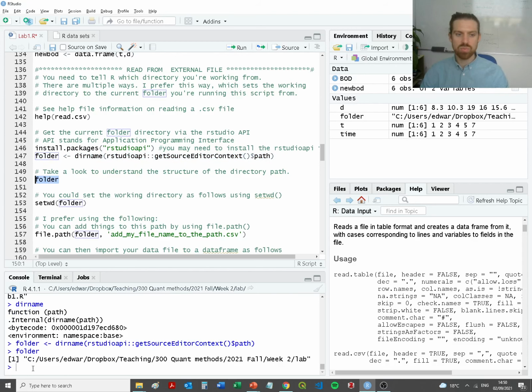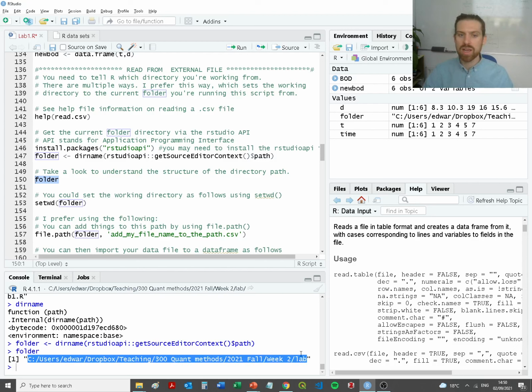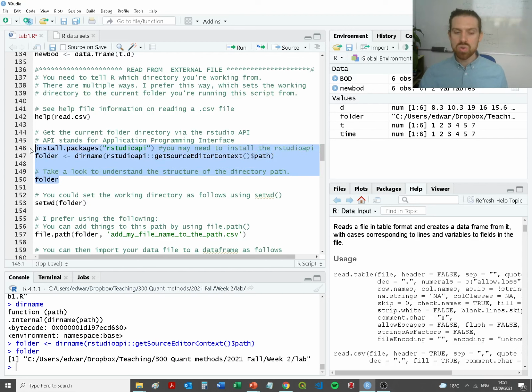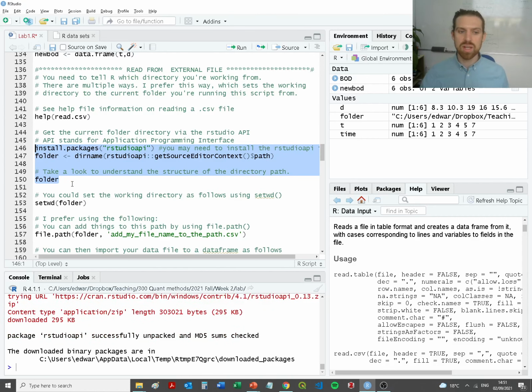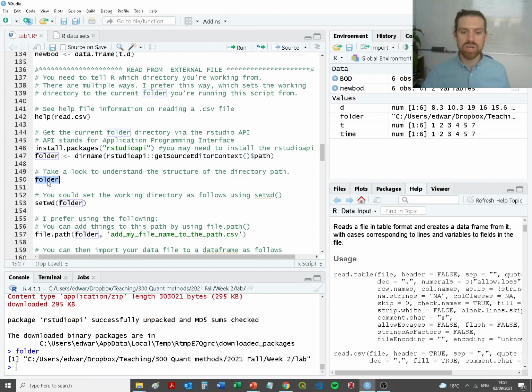And then when we click folder and type it to the console, we have that string that I manually produced before just by finding it on my machine. Here I will just find it for us. So what this means is that when you download this code and open it on your machine, providing you've saved the code and you install rstudioapi and create the folder this way, you can automatically produce that one single line of convenient magic, which is the folder from which you are operating,